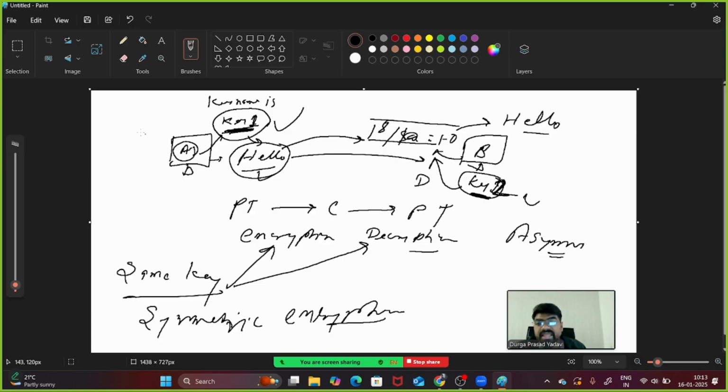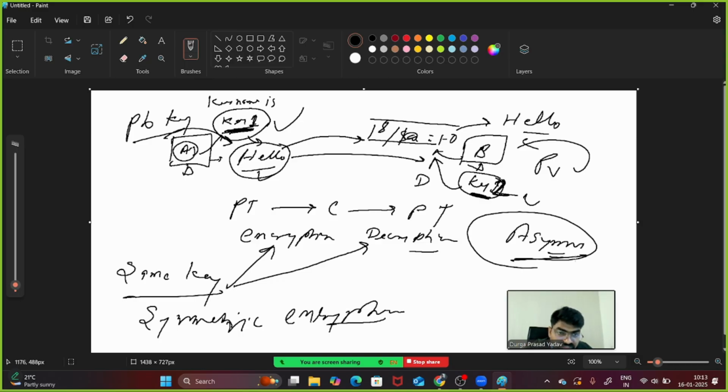So if A is using a public key to encrypt this data, and B is using a private key to decrypt the data, it means both are using two different keys. It means that it is asymmetric encryption.